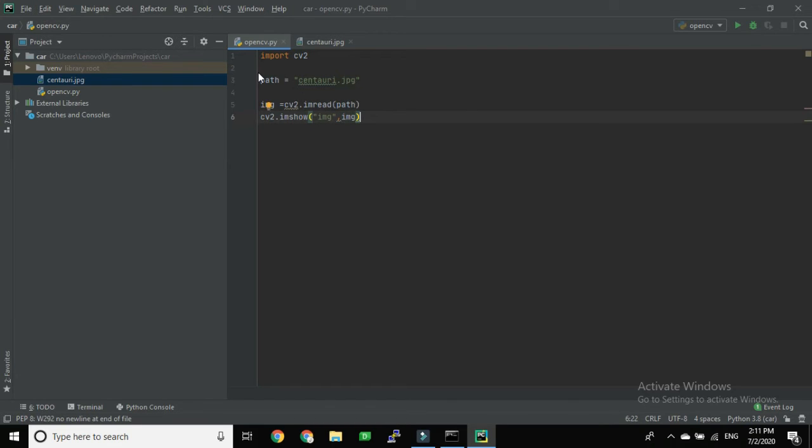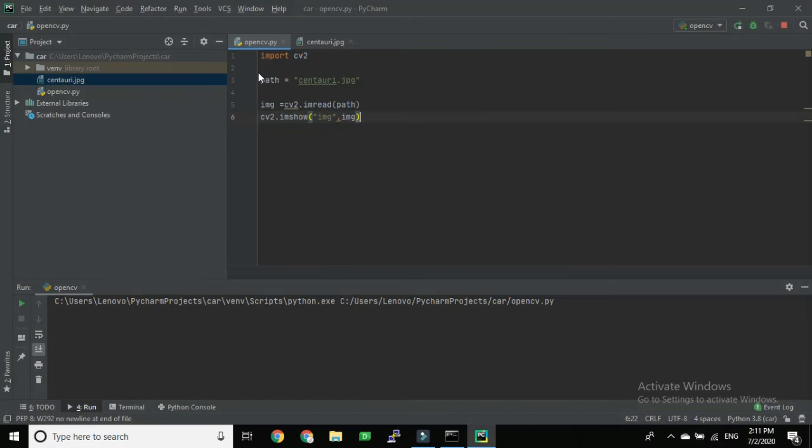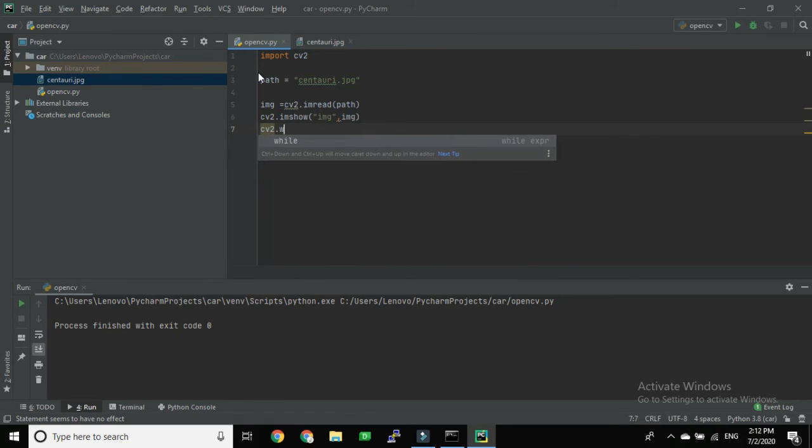Now we run it. As you see, the image comes and goes in a fraction of a second. So we want to stop it. How can we stop our image? cv2.waitKey(0).